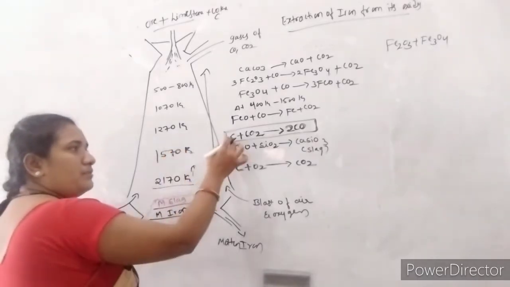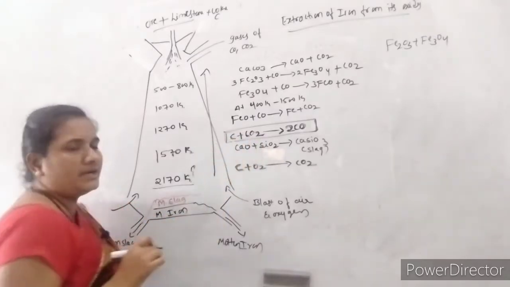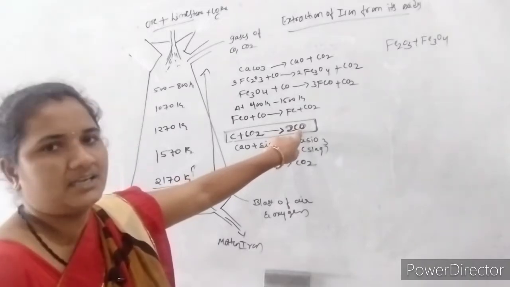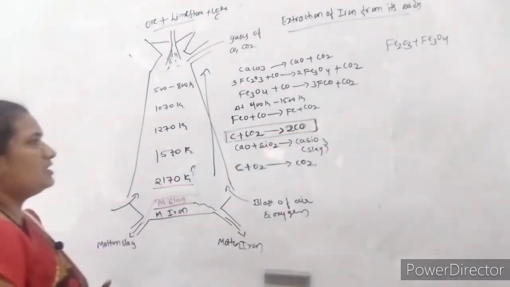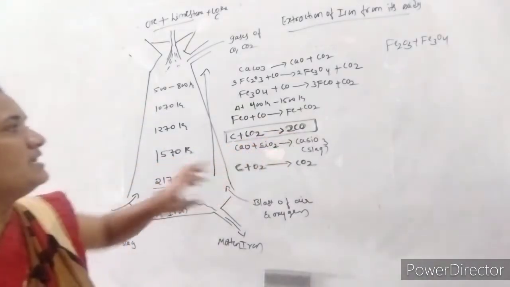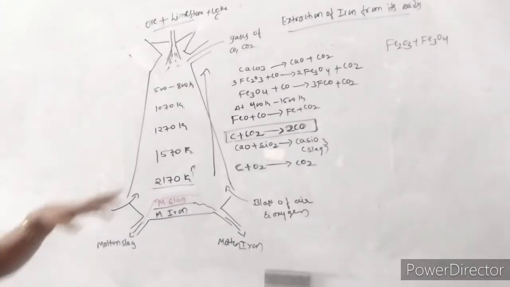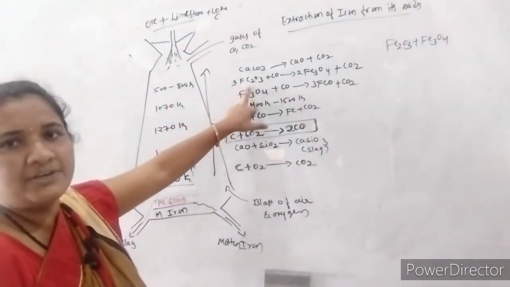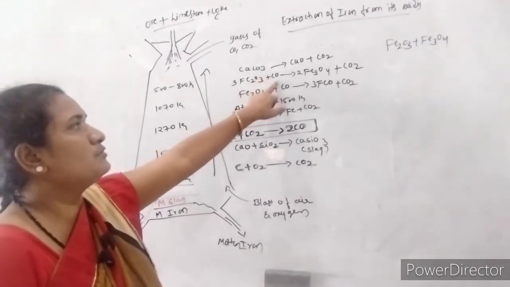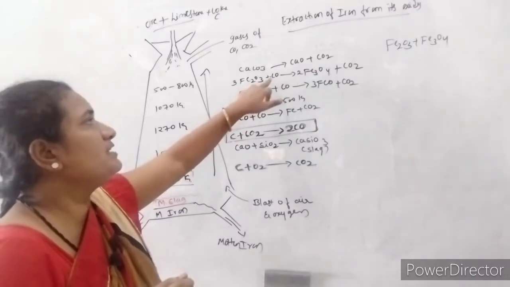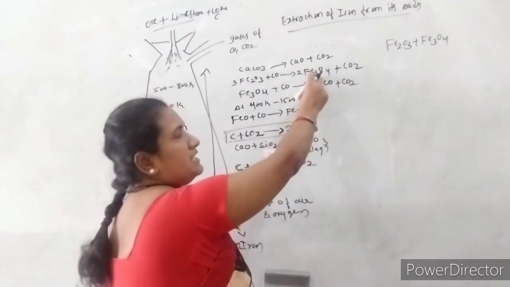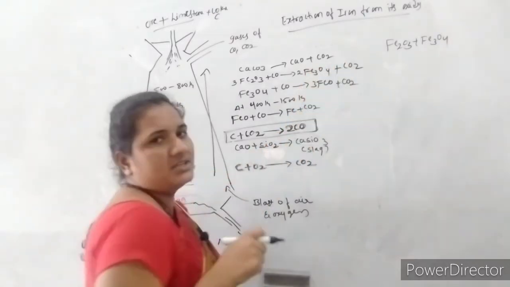At this stage carbon, or coke, combines with the carbon dioxide and it forms the carbon monoxide. So it will be acting as a reducing agent now. Further, as we move upward, this carbon monoxide initially reacts with the hematite ore, that is nothing but Fe2O3. This Fe2O3 undergoes reduction, it is reduced with the help of carbon monoxide. Then it forms firstly Fe3O4 with the liberation of CO2.